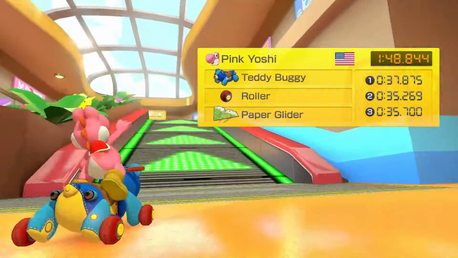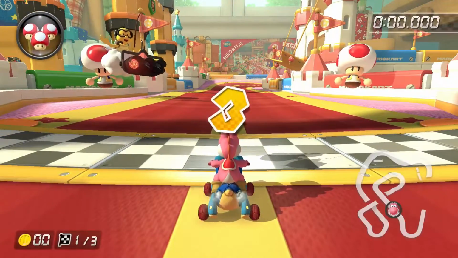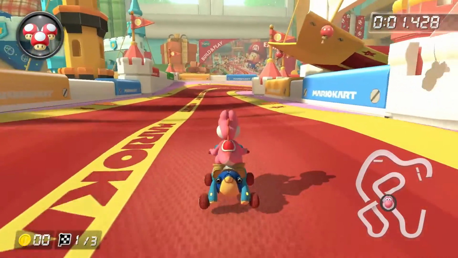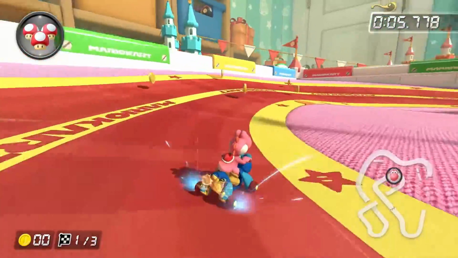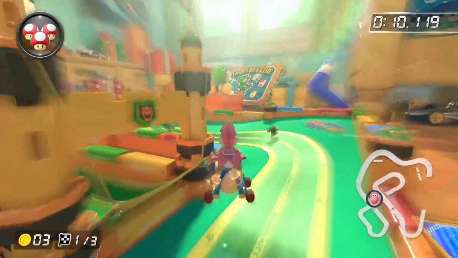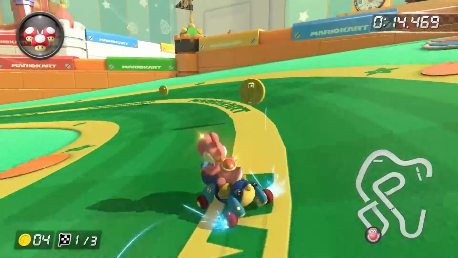So that is Coconut Mall at number 9. And at number 8, we got Ribbon Road. Now this track is not really a runner, and it's actually not picked too often in competitive play, but this track is very important to learn because of these launch tricks. You gotta learn how to take those sections well, because then you can take over many spots compared to your